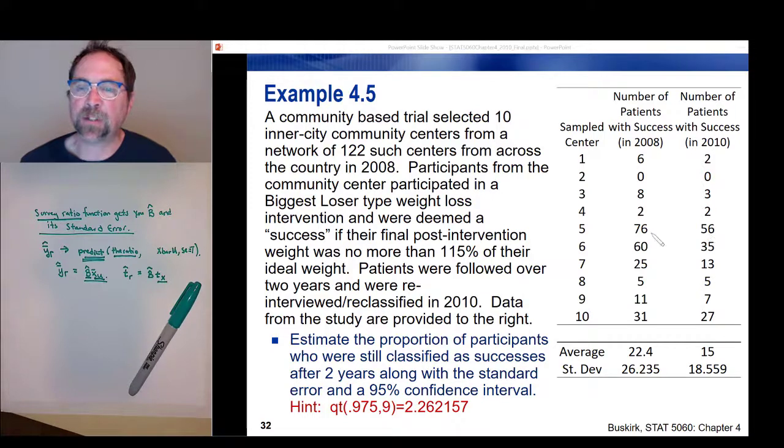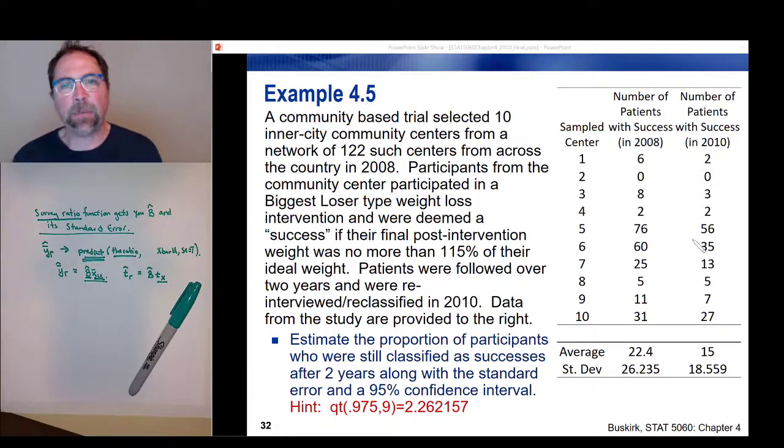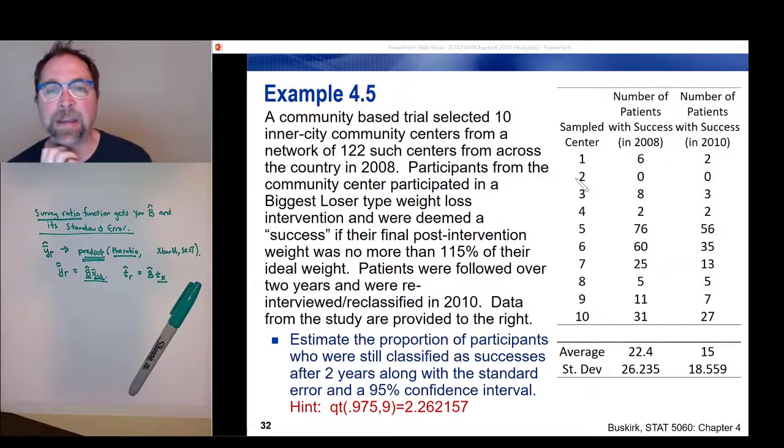Fifth center would be 56 over 76. You can compute these ratios, and then you can take an average of the ratios and see what that estimate is. Certainly that's one way to do it, but the problem with that approach is that you've got some of these situations where you have zeros, and then essentially you're not able to compute that ratio. So that center doesn't contribute anything to the overall estimate of the proportion of participants who were still classified as